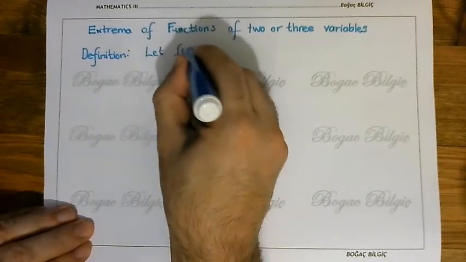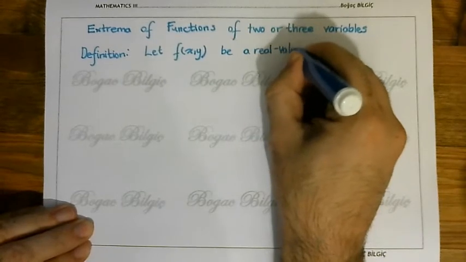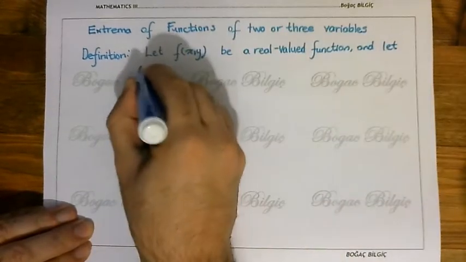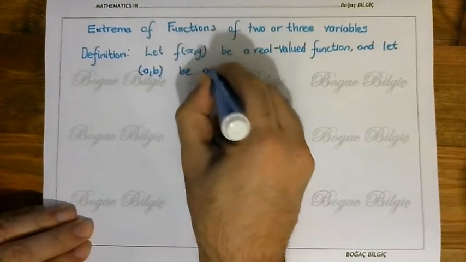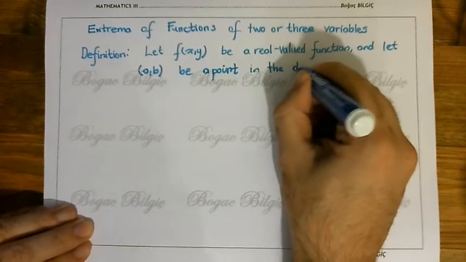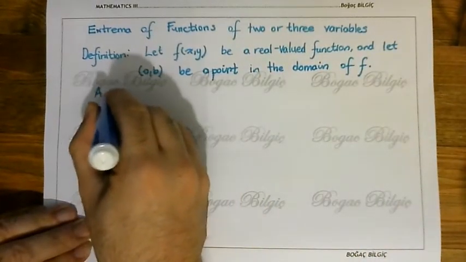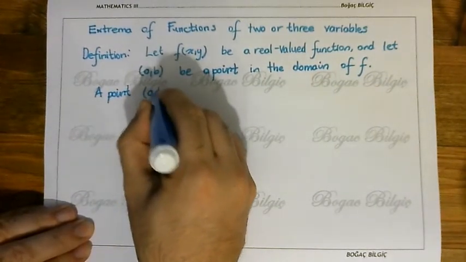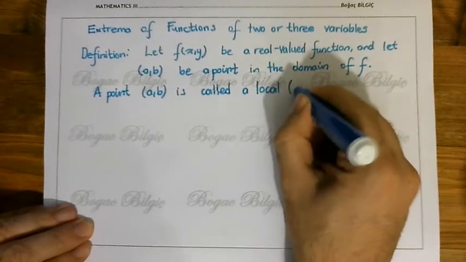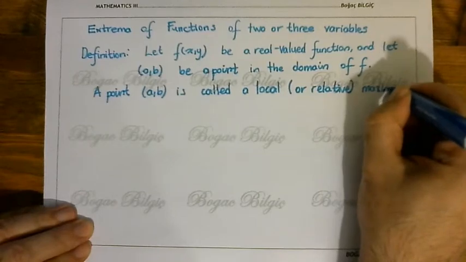Let f(x,y) be a real valued function, and let (a,b) be a point in the domain of f. A point (a,b) is called a local or relative maximum point